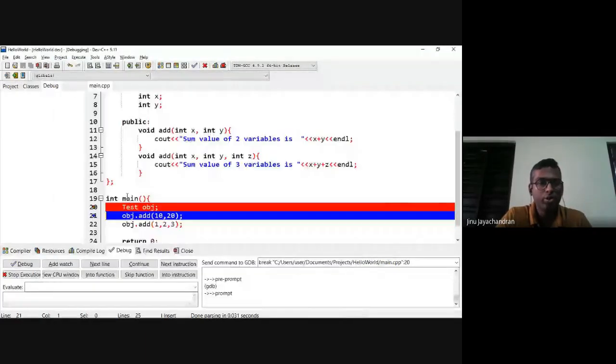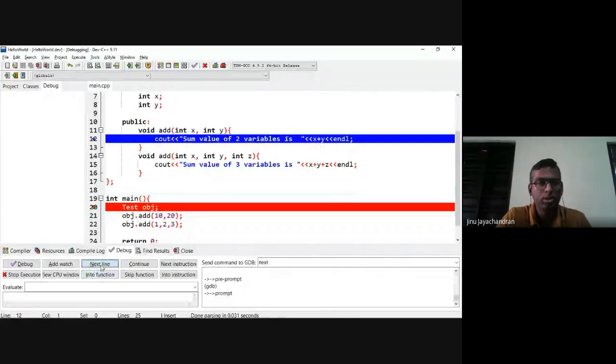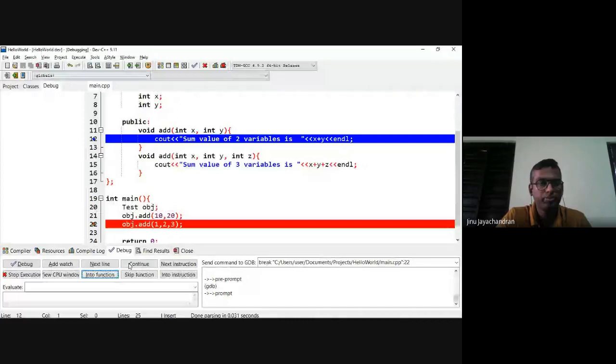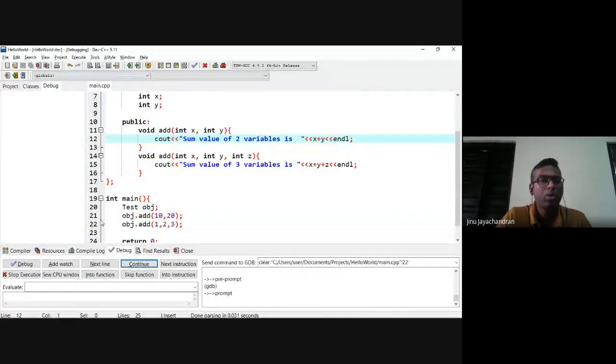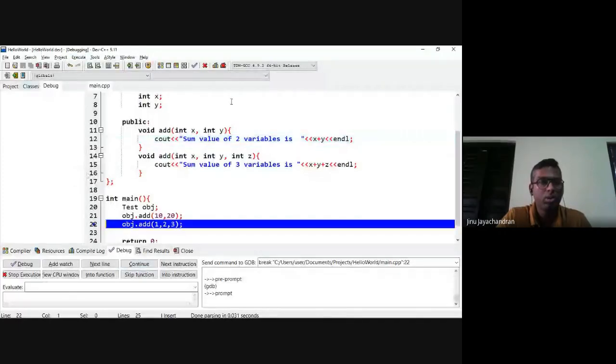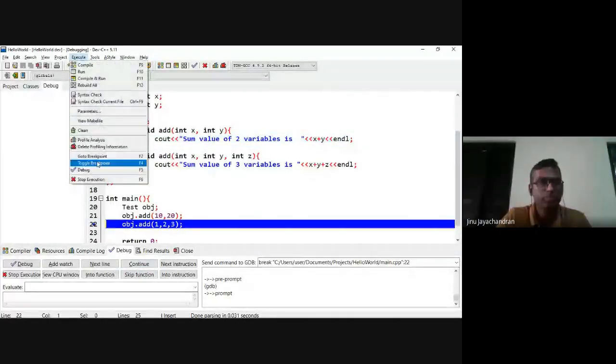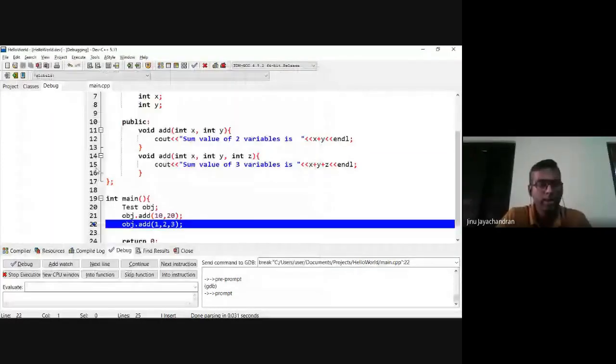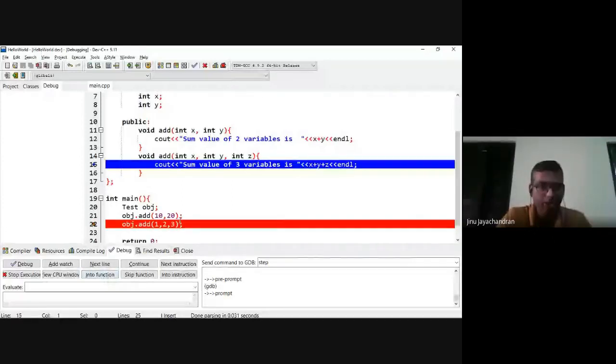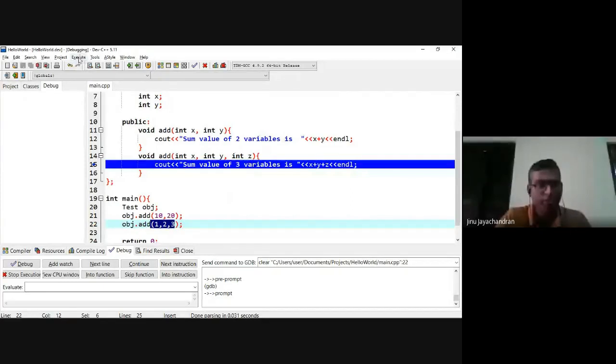Okay, so I go into the function. So in the next case, it will go into the second function because you are giving three different arguments. Okay. And it is going into that function. So depending on the number of arguments, you can create different functions with the same name.